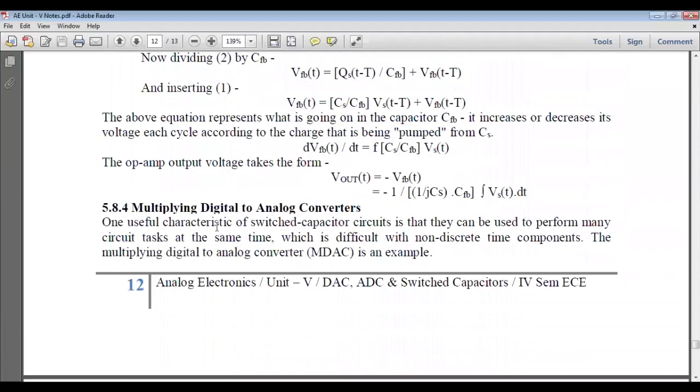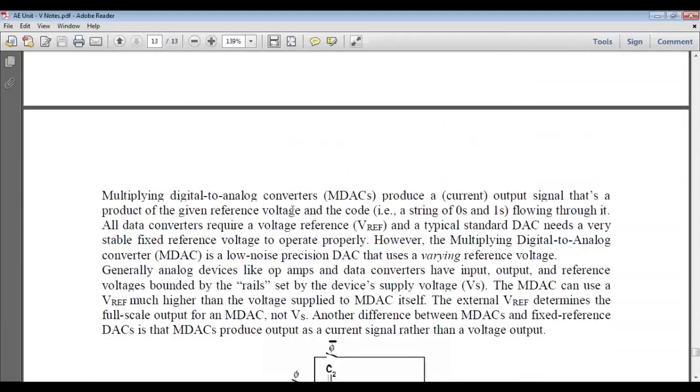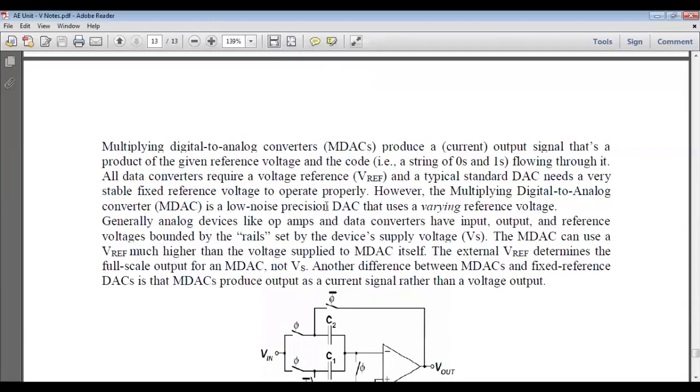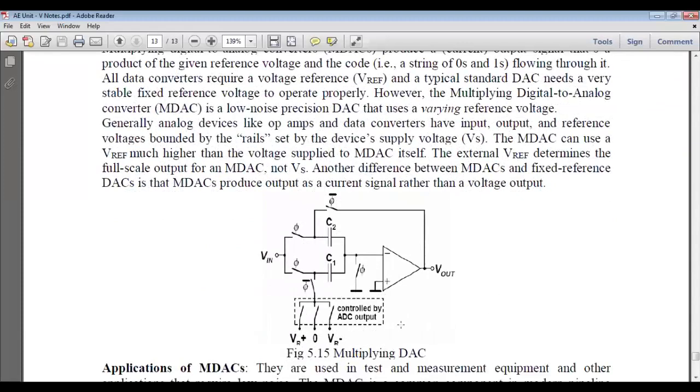The third application is the multiplying digital to analog converter, which is abbreviated as MDAC. In certain cases, it is impossible to integrate an actual passive component into the integrated circuit diagram. In that case, a multiplying DAC can be used. This multiplying DAC diagram is shown here. We are using a digital to analog converter in inverting configuration. The positive terminal is grounded. Input is given through a switching arrangement, a switch capacitor arrangement, to the negative or inverting terminal. Output voltage is available here.